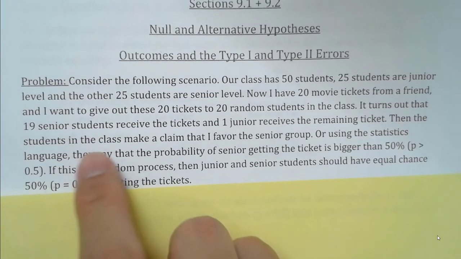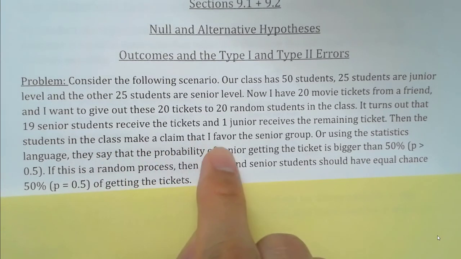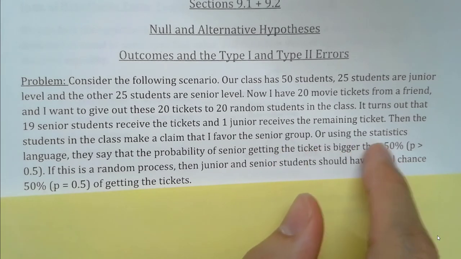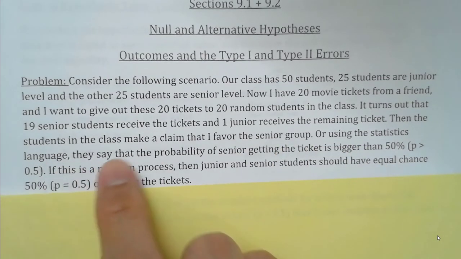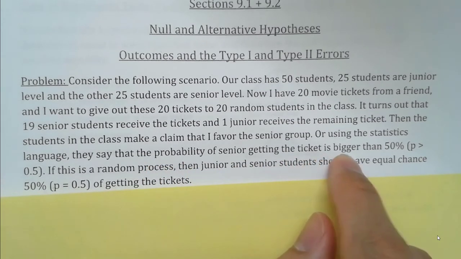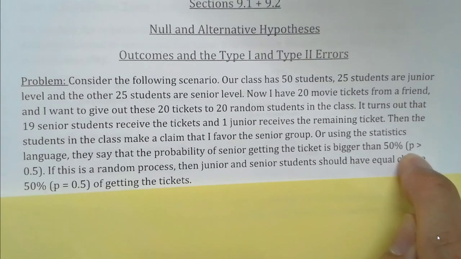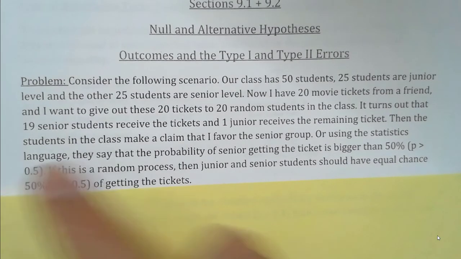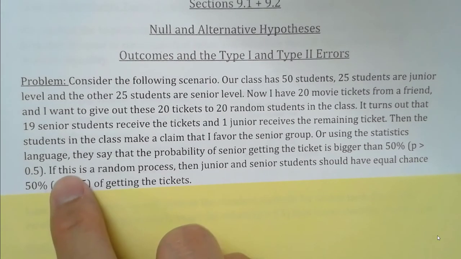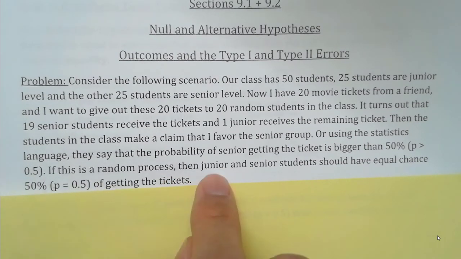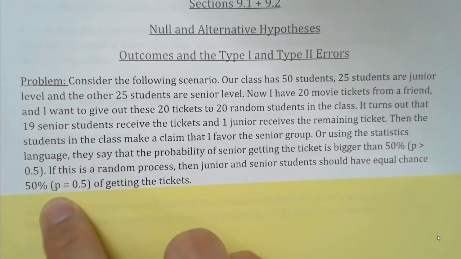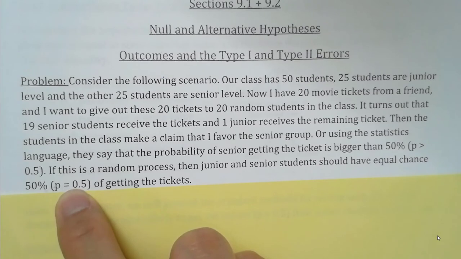Then the students in the class make a claim that I favor the senior group, or using the statistical language, they said that the probability of senior getting the ticket is bigger than 50%, or P is bigger than 0.5. The proportion is bigger than 0.5. If this is a random process, then junior and senior students should have equal chance, P equals 50% or 0.5,